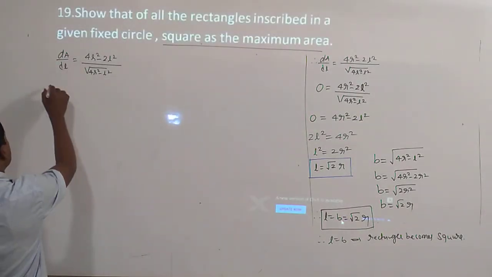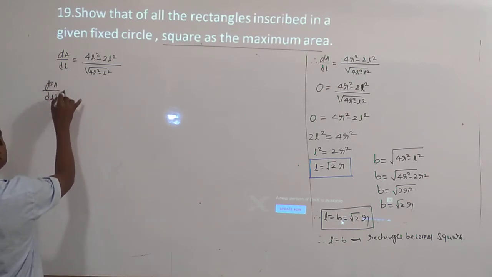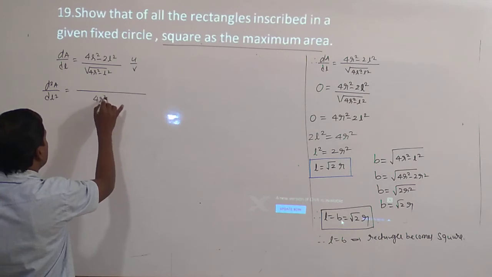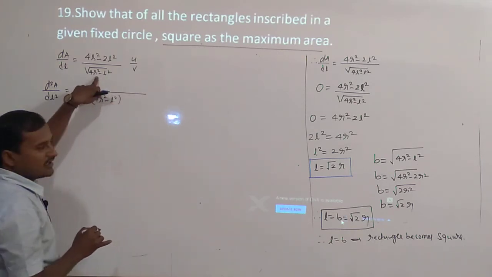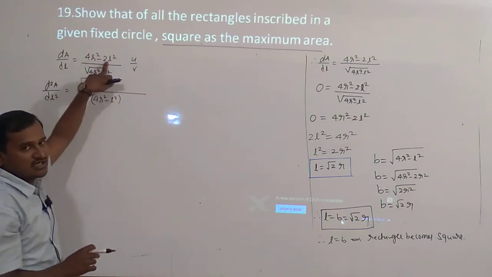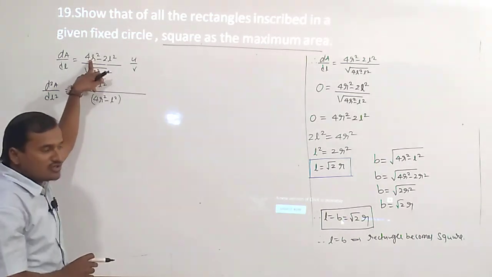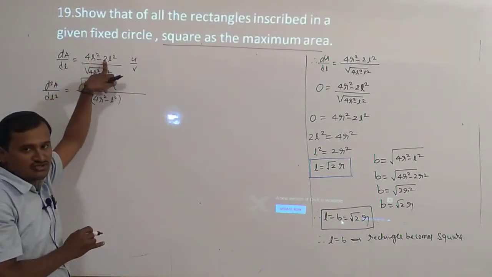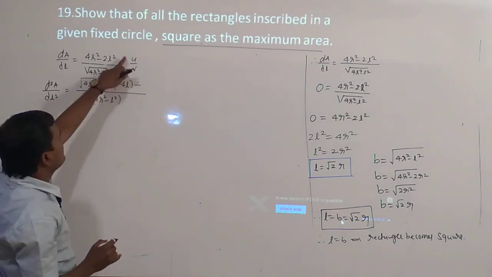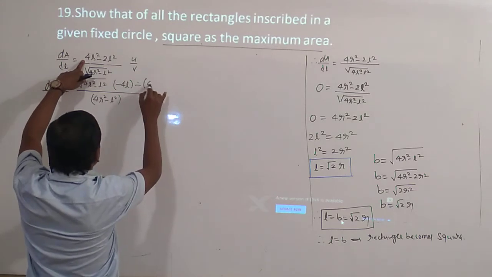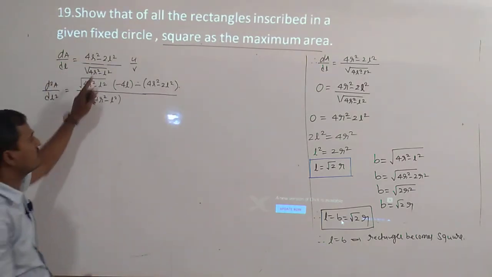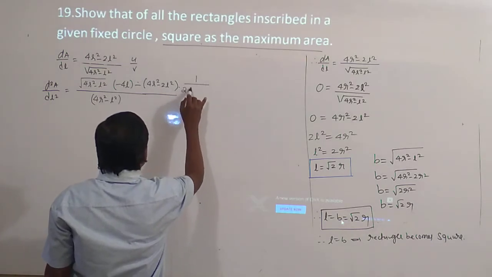So again differentiating this, d²A/dL². Here we should apply the u by v form. So square the denominator, we get 4r² − L². Here again v as it is, root of 4r² − L². Differentiation of this: 4r² is a constant, hence its differentiation is 0, and here it is −2L. What is the differentiation of L²? 2L, hence it becomes −4L. Again u as it is, that is (4r² − 2L²) into differentiation of the numerator. So differentiation of the numerator means 1 upon 2 into root of